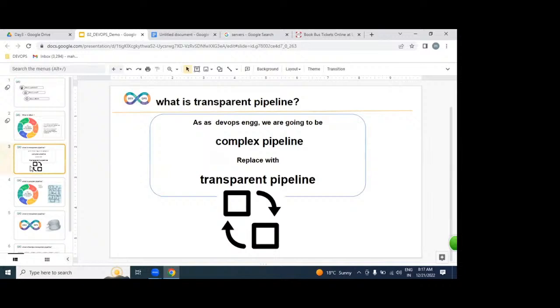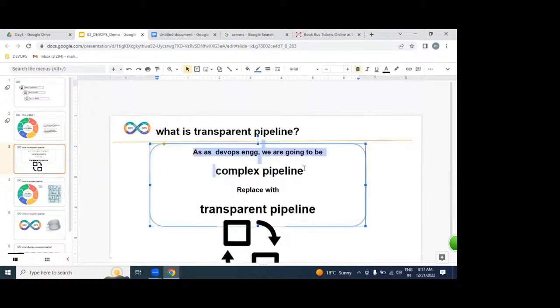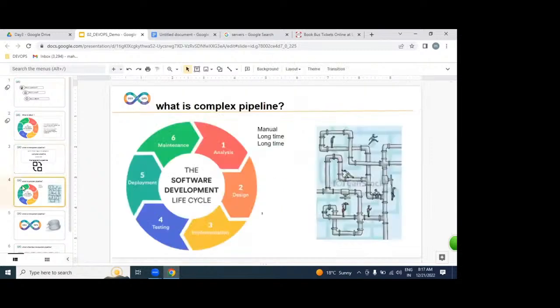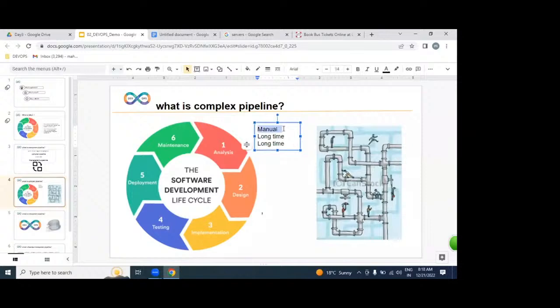As a DevOps engineer, what are exactly our roles and responsibilities? Replacing the complex pipeline with a transparent pipeline. So what exactly is a complex pipeline? SDLC is complex. Why do we call it complex? Because it is a manual process, from analysis to design to implementation, testing to deploy.